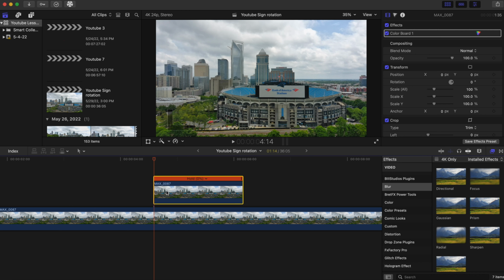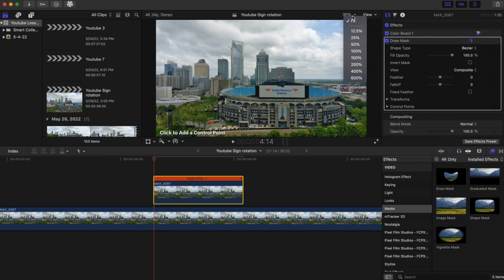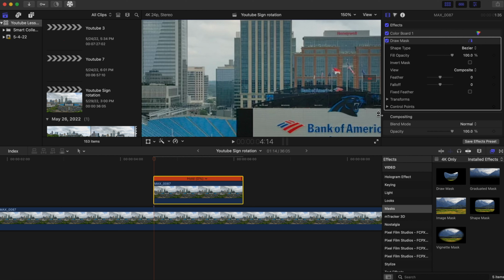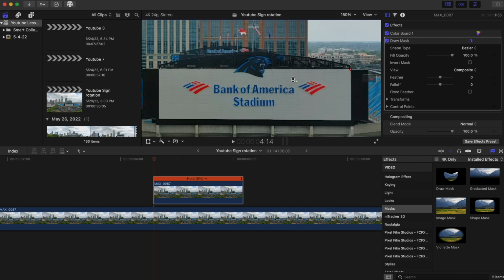Now what we want to do is go to our effects tab and go to the mask. We're going to add the draw mask to this top clip, and we are just going to mask this Bank of America Stadium sign right here. Okay, when you're done with that,